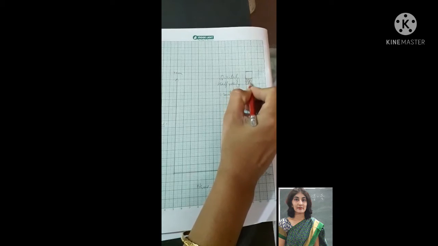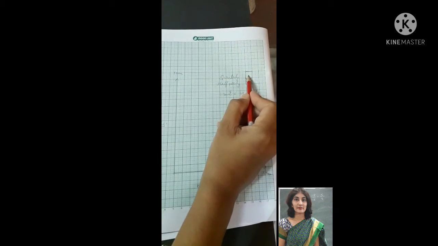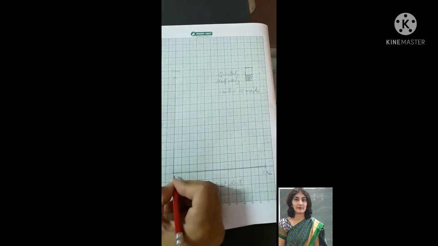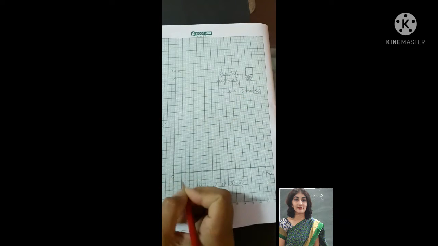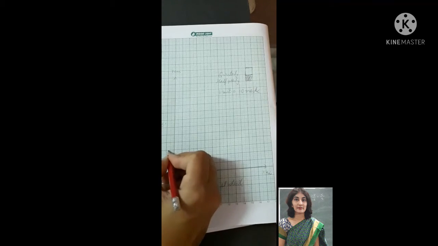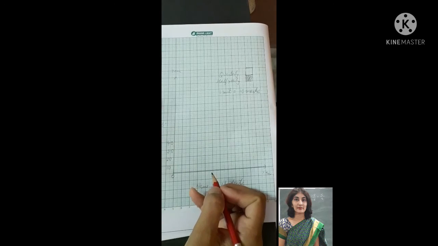So I have to make this also separately, that for quarterly I have taken 1 unit box like this, and for half yearly I have taken like this. Now the first child is Ashish. I will draw for Ashish. First I will take here the reading 0. I have taken a scale of 10. So here 0, then 10, then 20, then 30, then 40. You see the maximum marks, and accordingly I have done till 40 only.